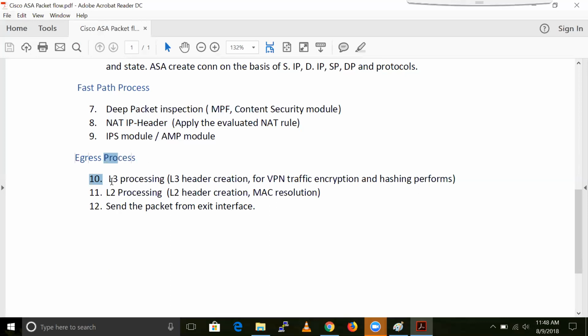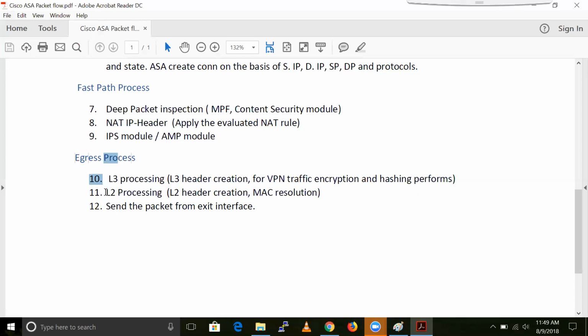In the egress process we have L3 processing. In L3 processing, the L3 header is created, right? Because source and destination will change now. So he creates the new header and puts the source information and destination information. If he finds out this is traffic to VPN, then he applies the encryption and hashing mechanism on that traffic.